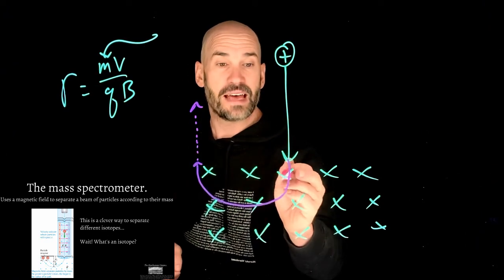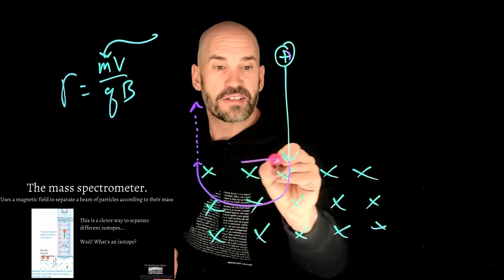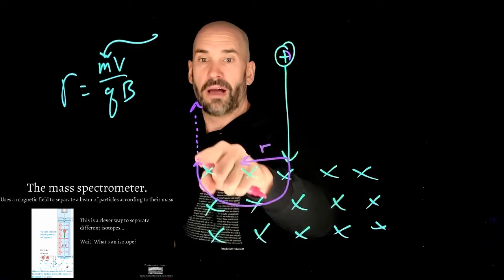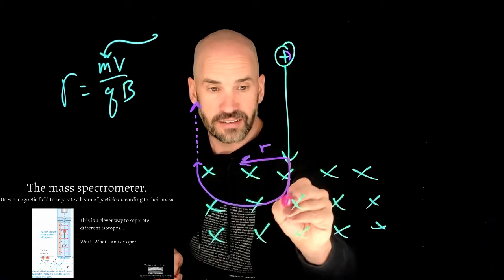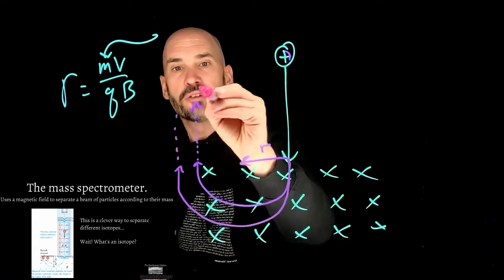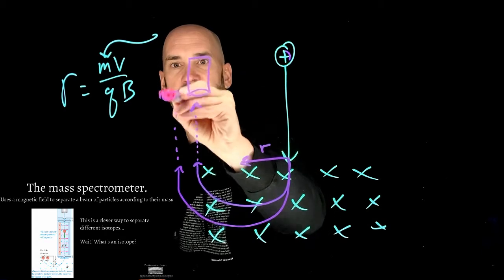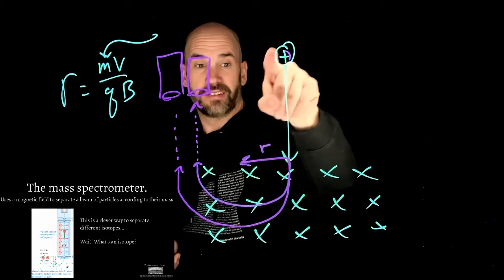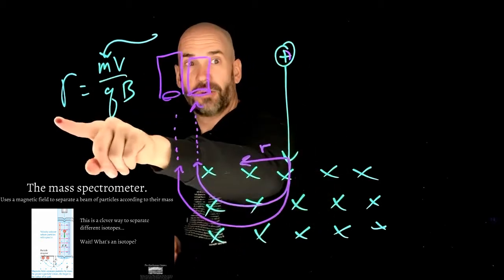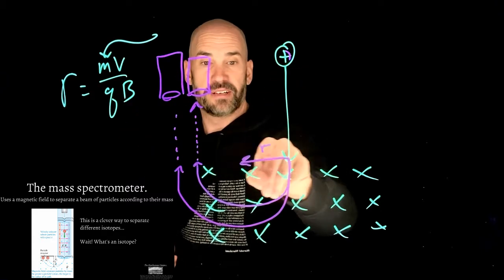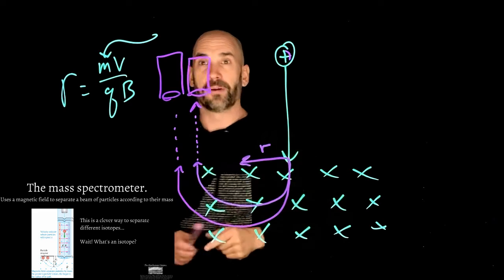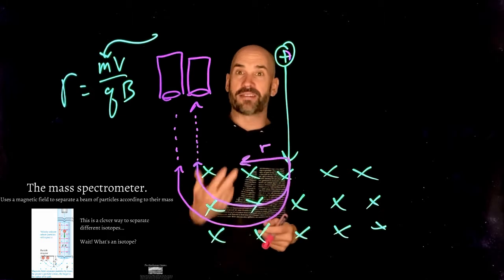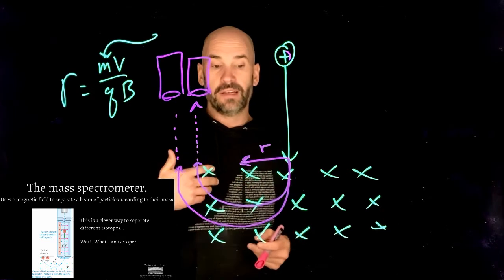So what does that mean? That means that for any given mass, there is some radius of that circle that is going to allow us to pull this around, right? So a different mass might have a radius that looks like this, right? So if I have different little containers here, a container here and a container here, then I can get one isotope to fill up this container, right? Because that's one certain mass with one certain radius, right? And then another mass, another isotope with a different radius, I can collect it over here in this little container, okay? So it's this really clever, kind of beautiful way of actually being able to isolate isotopes,